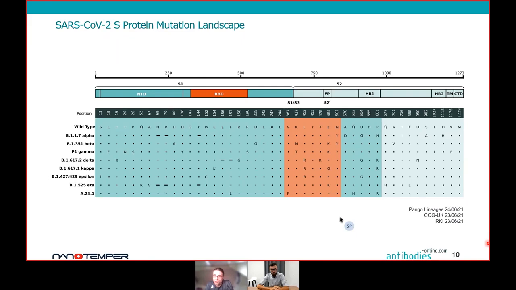Biochemically, this is a significant change, and this is consistent with the observation that variants containing this mutation, like for example B1351 beta and P1 delta, reduce the effectiveness of treatment with serum from convalescent patients and some of the existing vaccines. It is also to be expected that some of these mutations might negatively influence the function of some existing antibodies used for SARS-CoV-2 lateral flow assays, ELISAs, and other immunoassays. In order to verify the usability of any antibodies targeting the S protein, one has therefore to test if they retain the ability to bind the intended target in novel virus lineages.